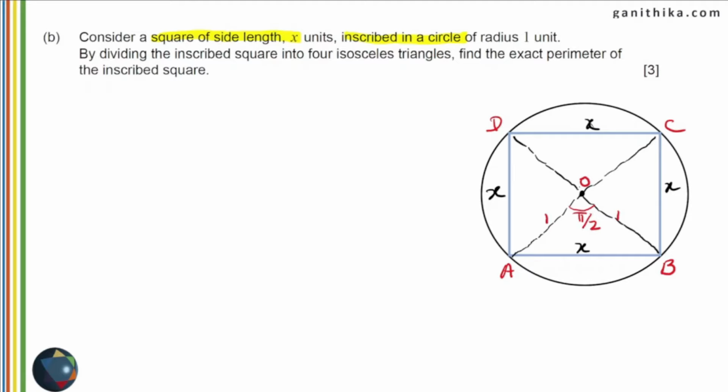And we have this diagram drawn on the side. So, it's always good to draw a rough sketch. Even if you are not a good artist, you can make a rough sketch of what is given so that you will have a clear picture of what you are going to do. So, you have 4 isosceles triangles in which you just need one triangle OAB, for example. OAB is a right angled triangle.